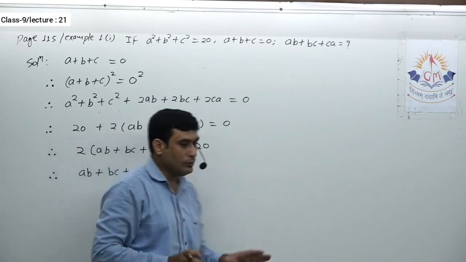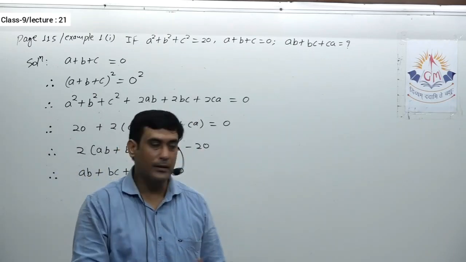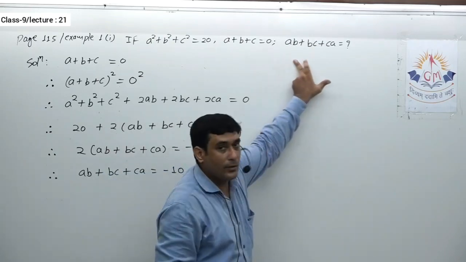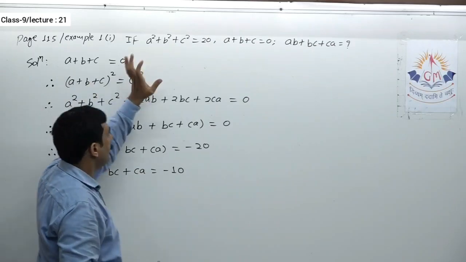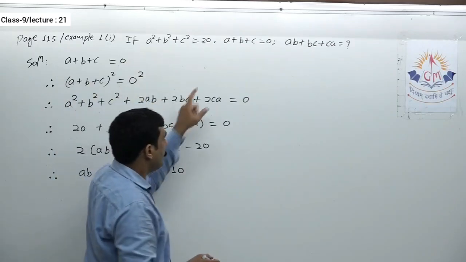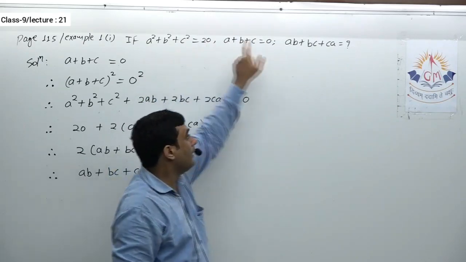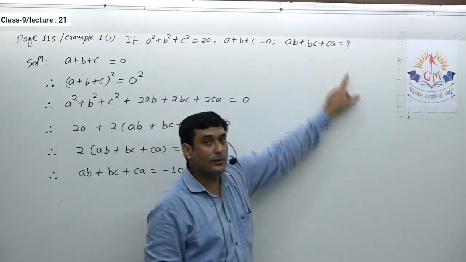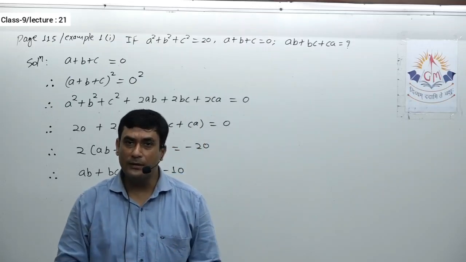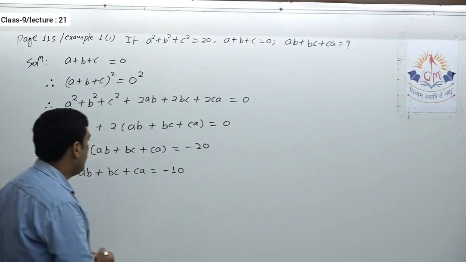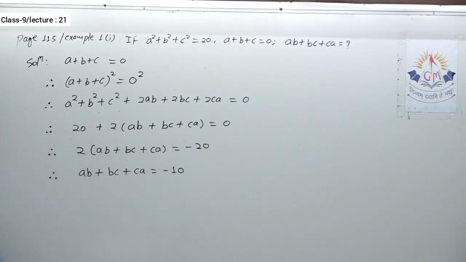Here one more thing you should know: it is not necessary that you have the values of a, b and c separately to obtain the required expression. Just concentrate on this identity, and understand that there are three parts of the identity. First is a plus b plus c, second is a square plus b square plus c square, and third is ab plus bc plus ca. Among these three parts, two will be given to you, and the third they will ask. So I hope this is clear to you. Note it down, then we'll see the next question.